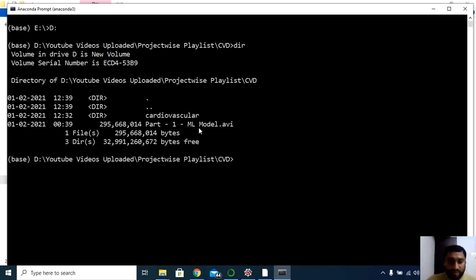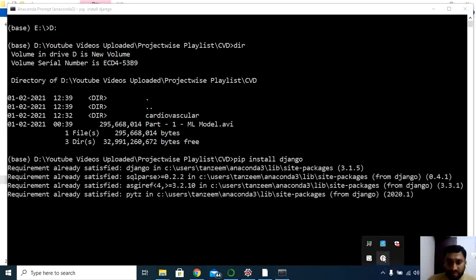Next, it's time to install Django. Regarding installation, it's pretty straightforward. If you want to install, you can use the pip command, pip install Django, and press enter. This may take a little time. In my system it is already installed, so it will display that all the requirements are satisfied. Let me pause the video and I'll get back to you after successful installation of Django. Now you can see all the requirements are already satisfied here. So I have already installed it.